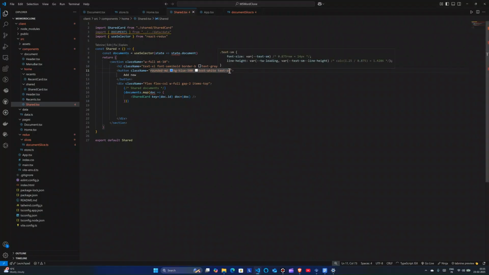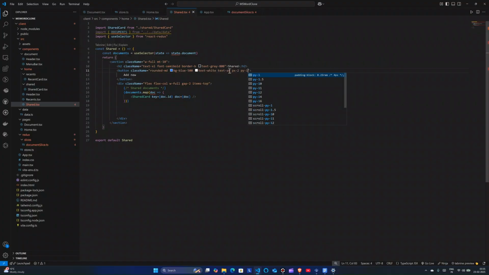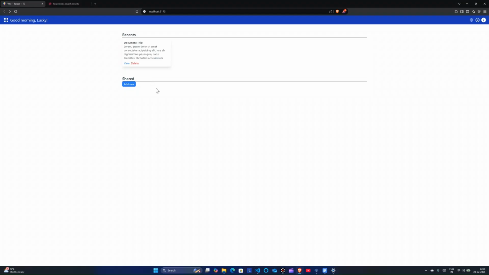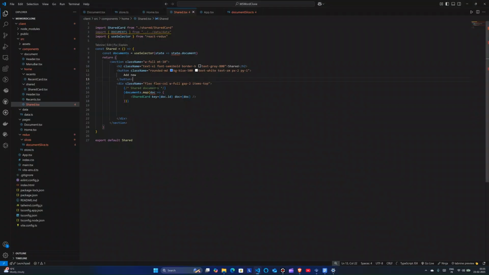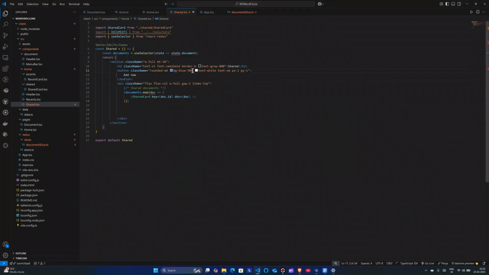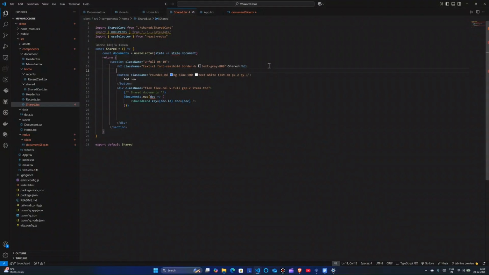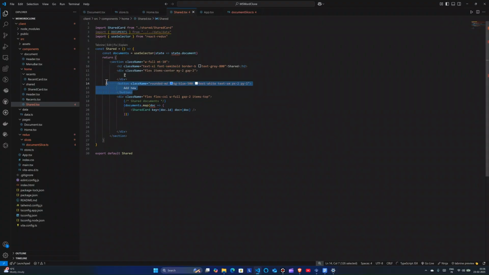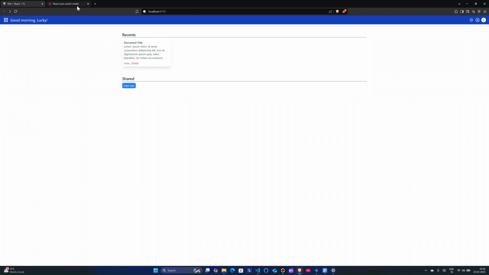I need to add a bit of padding as well, px2 py1. Okay, let's do one thing. Flex, my2, gap2. Okay, like this, and here I will be like